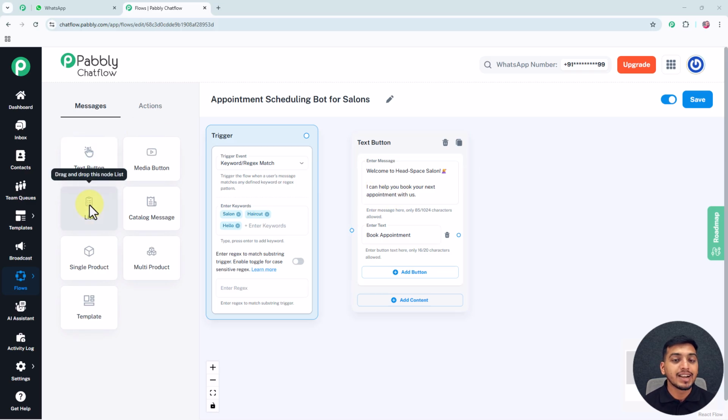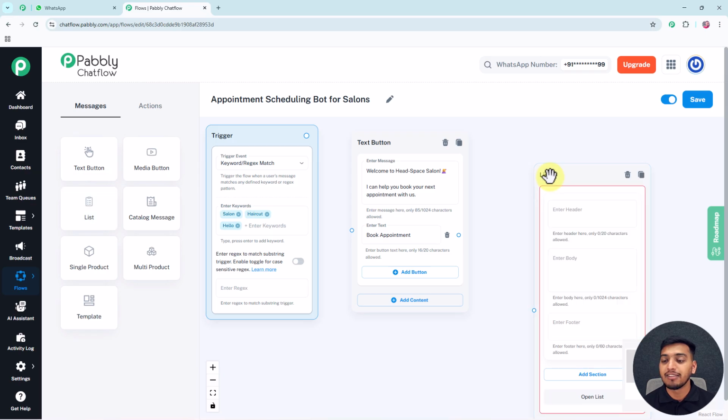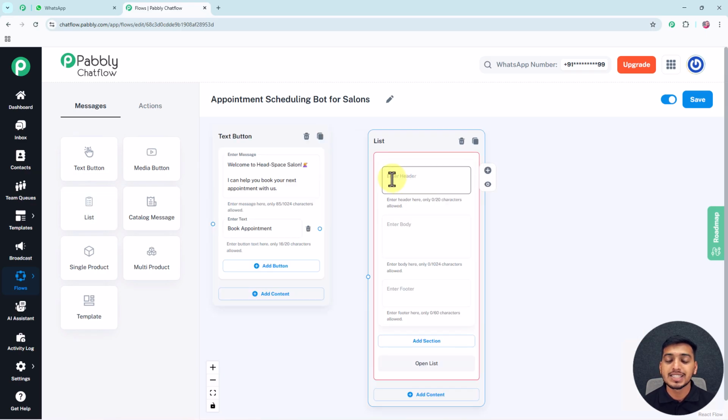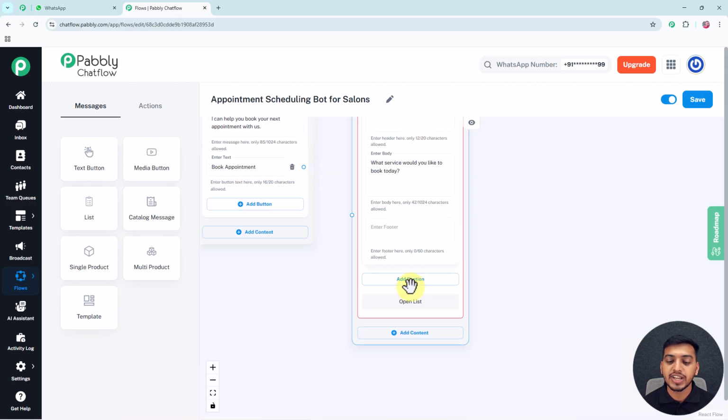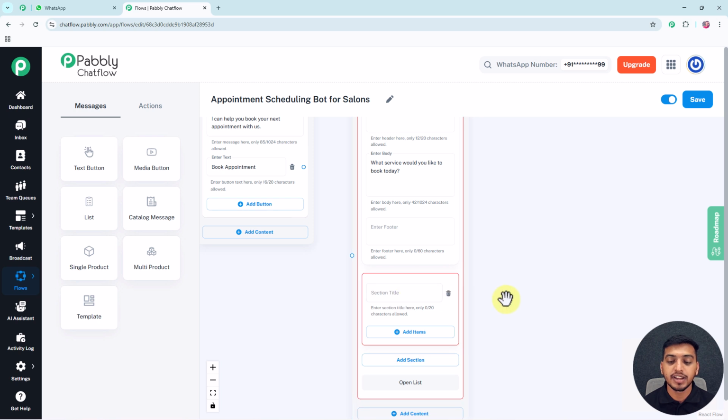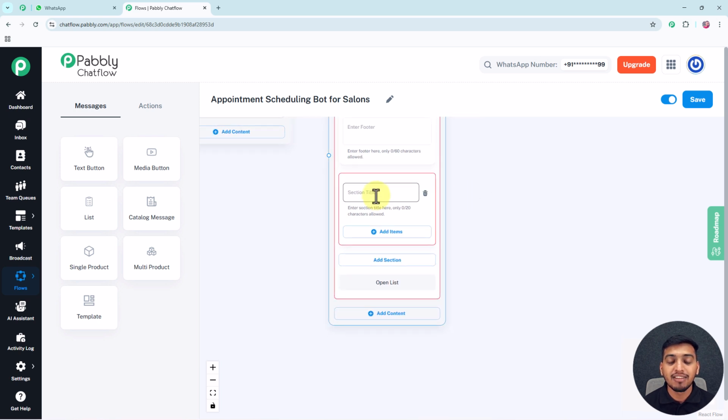So for that I will drag this list option from here and drop this list here. And now in this enter header box I will enter my header text as hello there. And for my body I will enter this text: what service would you like to book today? And now to add a section I will click on this add section given here, and inside this I will give a title to my